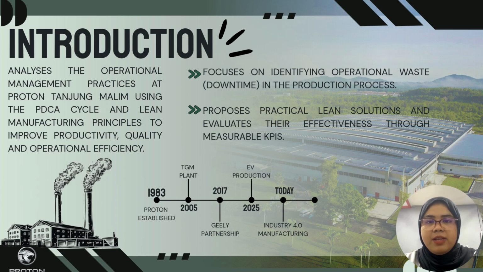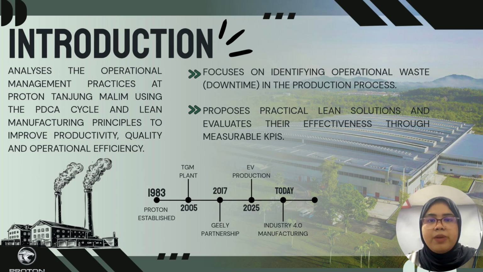Looking at the timeline, Proton was officially established in 1983. The launch of the TGM plant in 2005 and the strategic partnership with Geely in 2017 became major catalysts for growth. Today, Proton has transformed into a highly advanced Industry 4.0 automotive manufacturer. Our study focused on analyzing operational practices using the PDCA cycle and lean manufacturing principles to significantly improve productivity, quality,